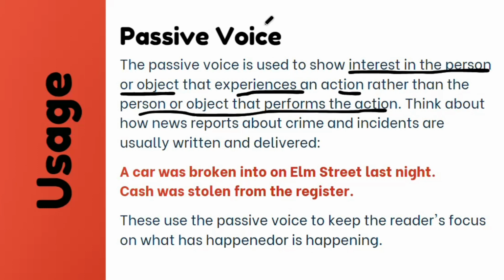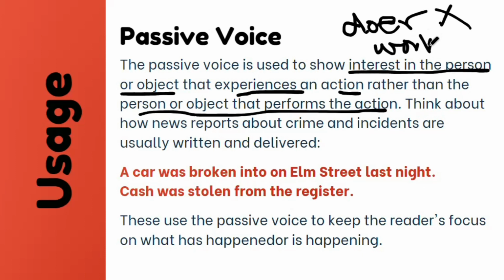Sometimes, in some situations, the doer of the action is not important at all. We are only concerned about the work done or whether the object has received the action nicely. So if we are not interested or we don't want to talk about the doer of the action, we use